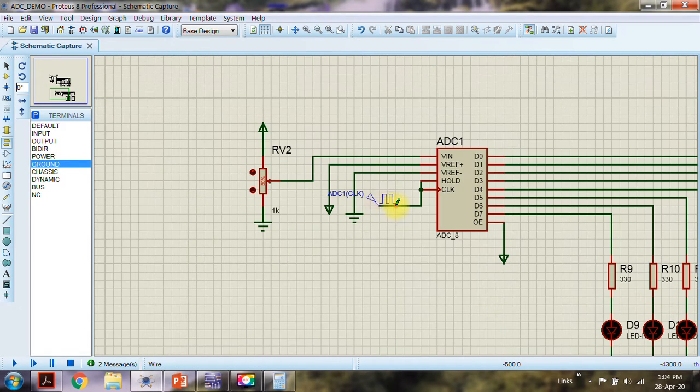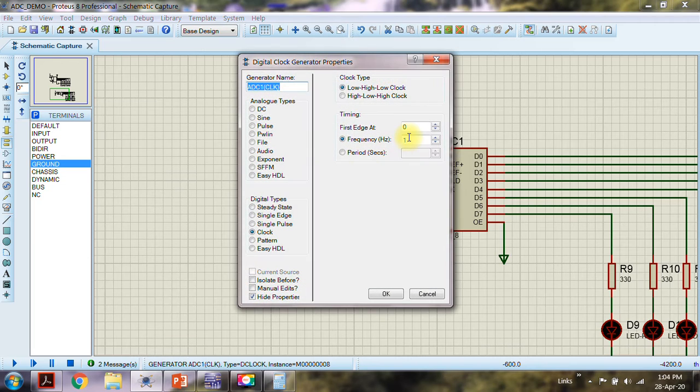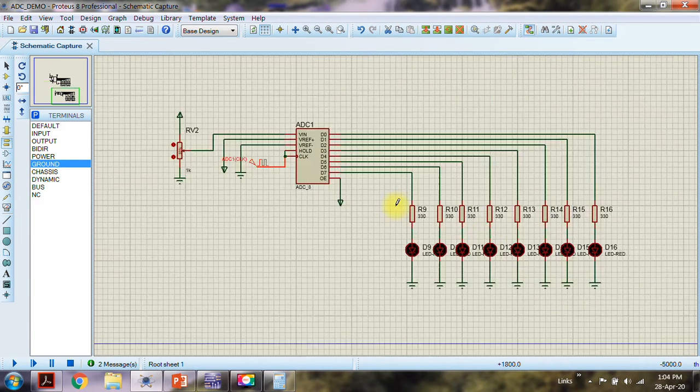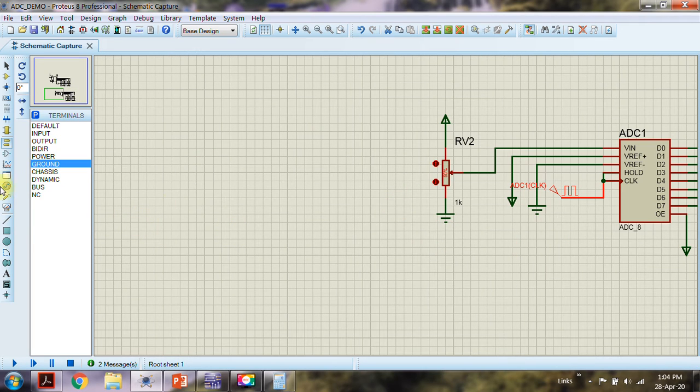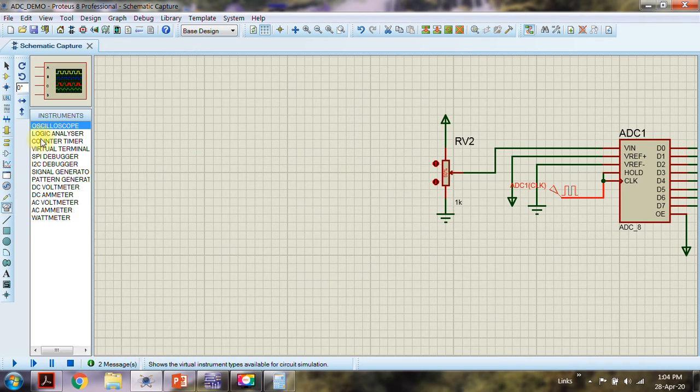Alright, this should be 1 kilohertz. Let us see whether this works. Okay, we have to have a multimeter over here to find out what is the voltage.